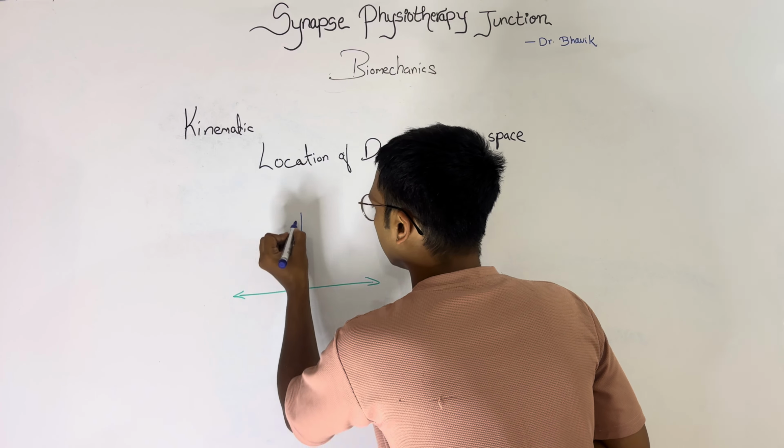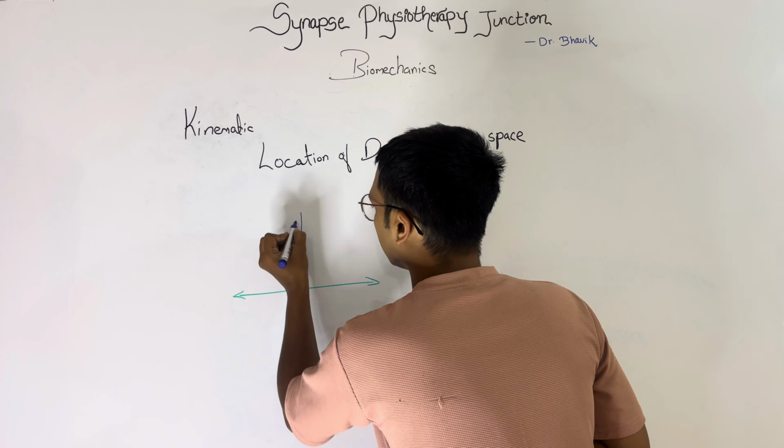Now z-axis. Z-axis is something which we need a three-dimension diagram to explain. It is an axis which is coming from posterior side to anterior side. It is also called AP axis. Means z-axis is coming from back side to front side or front side to back side.